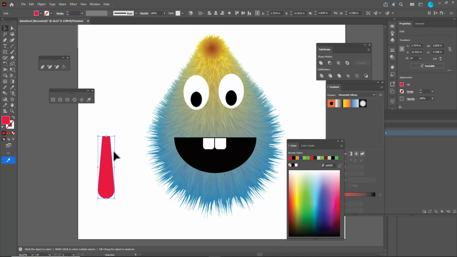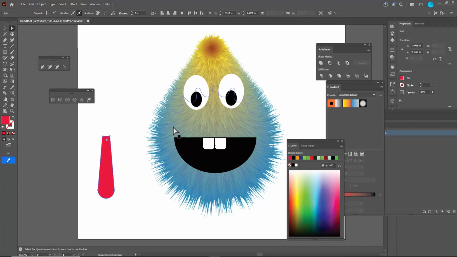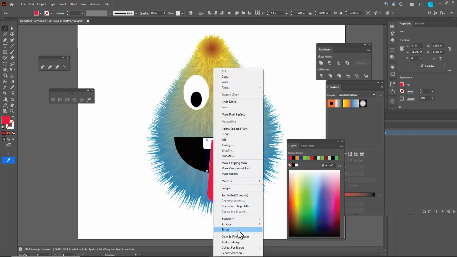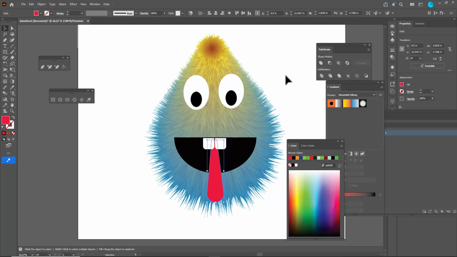So this is the tongue, and we can create any kind of tongue. We have the liberty, right? And we can just keep it over here, and this time we will right click, arrange, and we can select this send backward, and again we will right click, arrange, and send backward. So we have created a tongue,